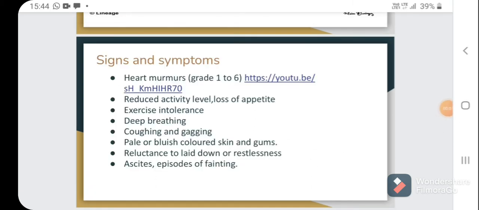Okay, the first symptom is heart murmur. Dogs with early or mild mitral valve disease will be identified by a heart murmur, which is of low grade severity, and it is heard loudest over the left side of the chest. In these cases, in which only a murmur has been seen, no other symptoms are typically seen.